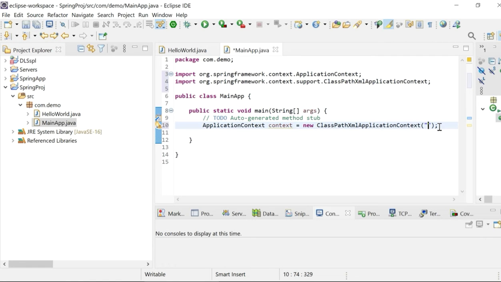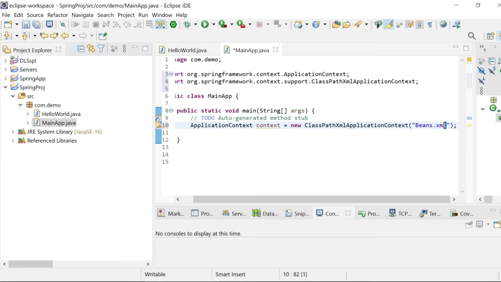So we have yet to define this beans.xml file. In this file, we define all the beans. Okay, so let's create the beans.xml file.